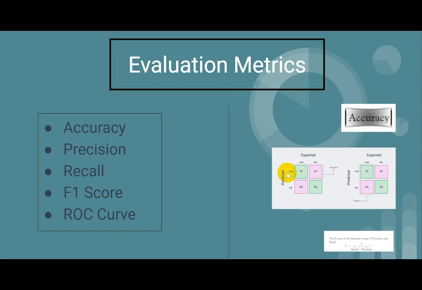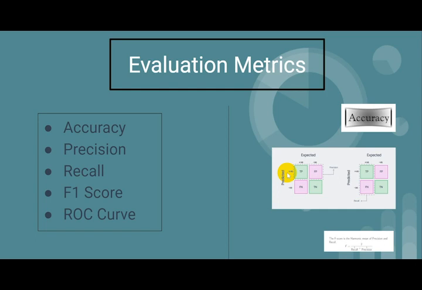F1 score is a metric that combines both precision and recall to evaluate a model's performance in identifying instances of cyberbullying. It is calculated as the harmonic mean of precision and recall and provides a balanced measure of a model's accuracy. ROC curve, a graphical representation of a model's performance in predicting instances of cyberbullying, plotting the true positive rate